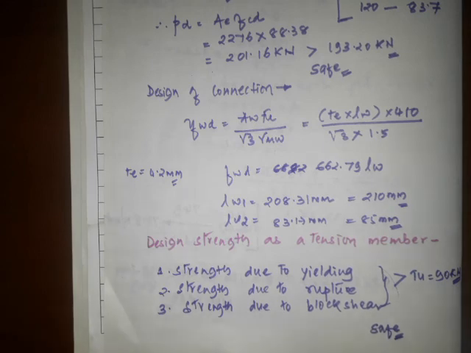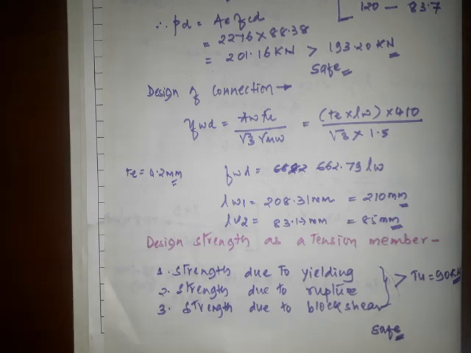So this is regarding the design of the tension member. We have finished the bolted roof truss as well as the welded roof truss. I repeat once again, we have finished the design of roof truss with bolted connection as well as welded connection. In problem number 1 and problem number 2, I covered the design of roof truss with bolted connection, and this third problem is the design of roof truss using the welded connection.